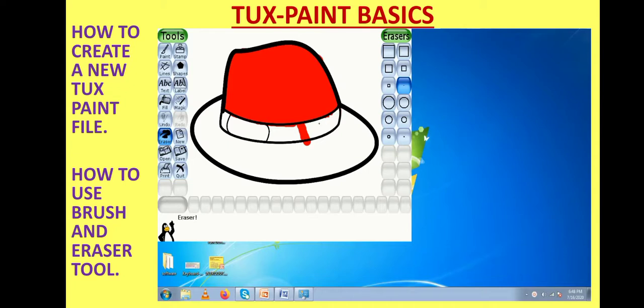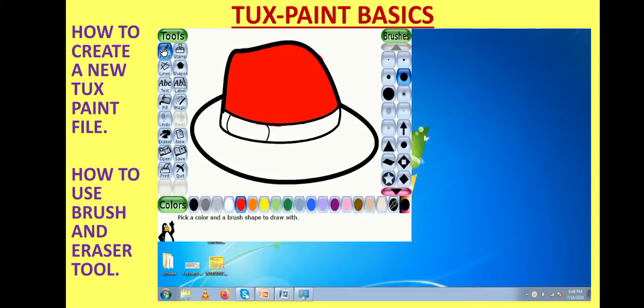You can even take an eraser of smaller thickness so that you can erase it very nicely, or you can take a broad eraser. So this way you can erase the drawing. But remember here, any tool moves only when the left mouse button is pressed and you are moving the mouse.